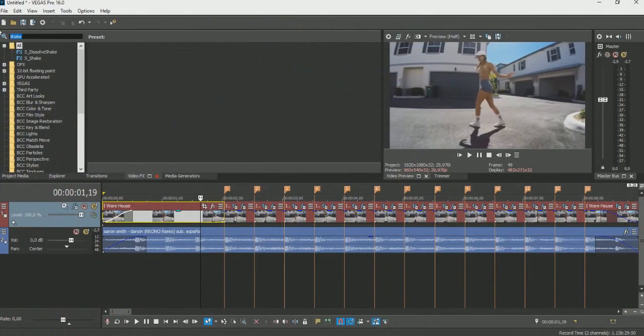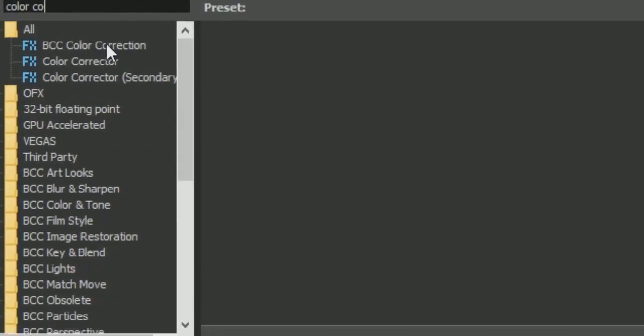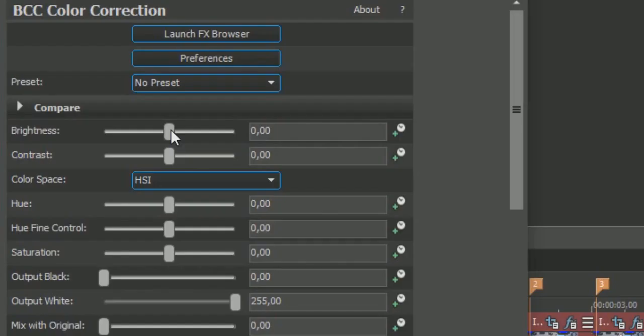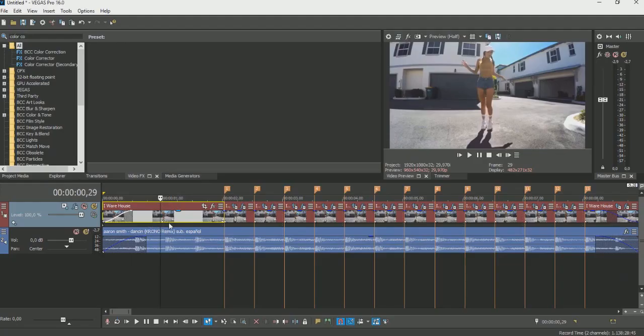For a better quality of video, let's put color correction to all the track. Increase the values, just a little bit, not too much. And it's done. You can leave the video like this, but if you want to add some more effects, like